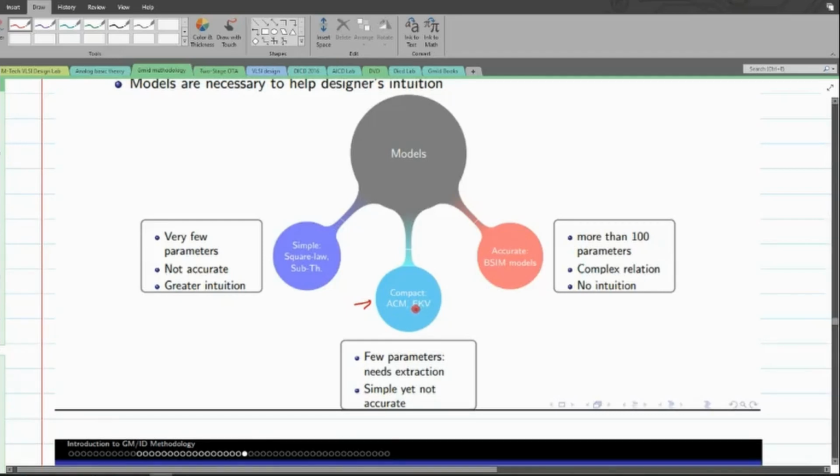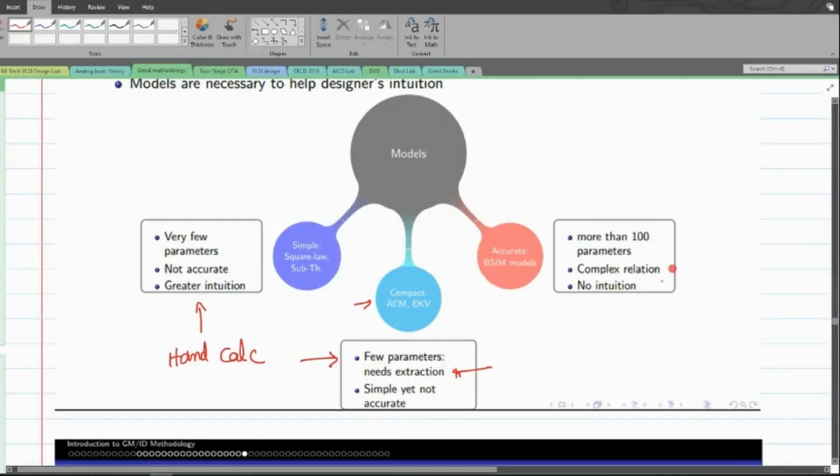Again, these models are built by adding a few more extra parameters, and these parameters have to be extracted from accurate models. So we have to do some simulations to extract the values of the parameters, and then we can use the current equation that is derived from the EKV model and do the calculation, like hand calculation. So this model helps us to do hand calculation, and even the simple model also helps us to do some hand calculations.